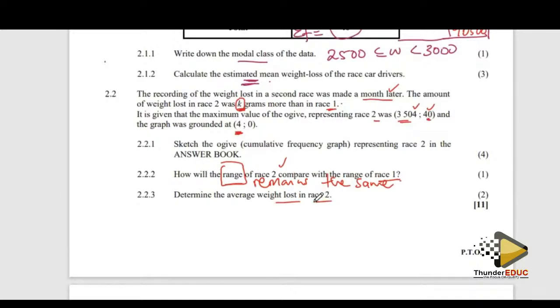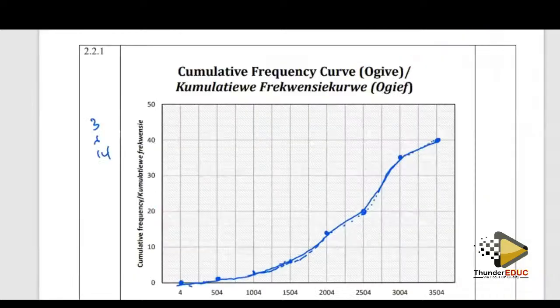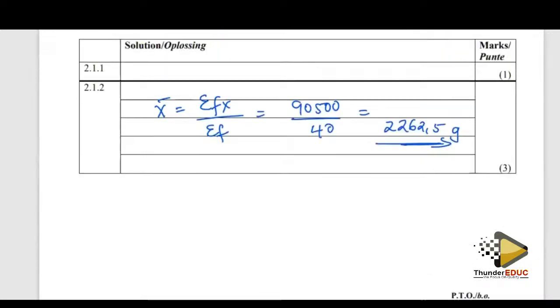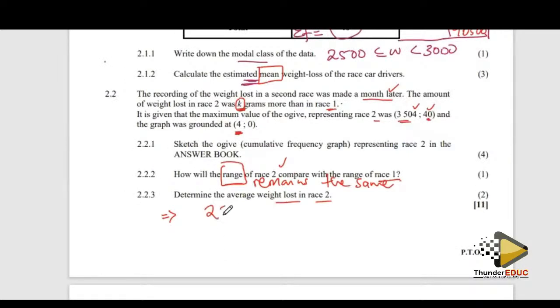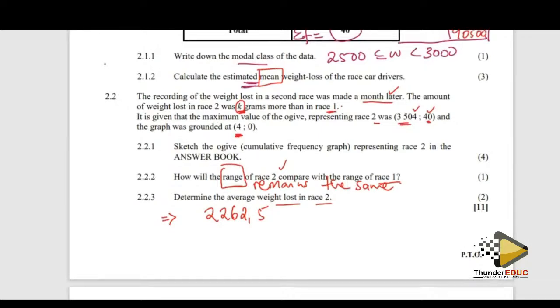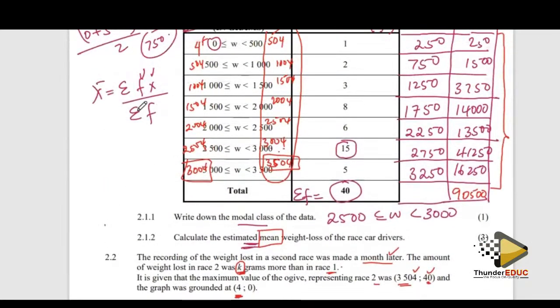Average weight that is lost in race 2. So since we got our average, remember mean is the same as the average. We got it as what? Someone remind us. We got it as 2262,5. But then remember, we are adding a 4 for the lower class, and then we are also adding a 4 to the upper class,